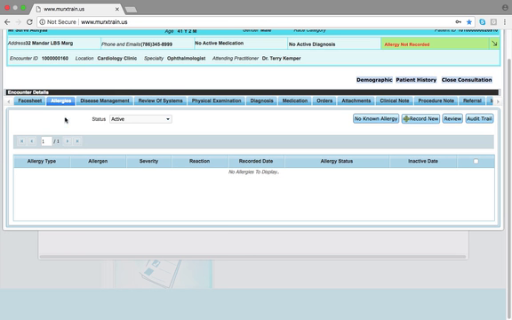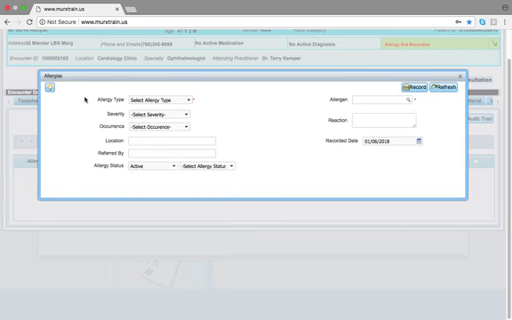It will open the Allergies section. To record a new allergy, click on Record New. In the Allergies window, select the allergy type. It says drug allergy, food allergy, miscellaneous. We select the drug allergy. Select the severity,